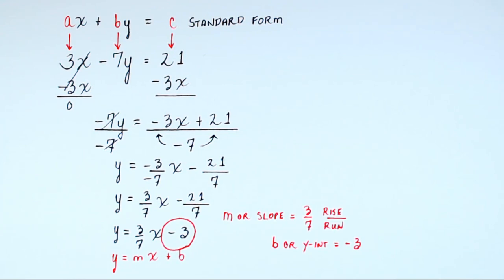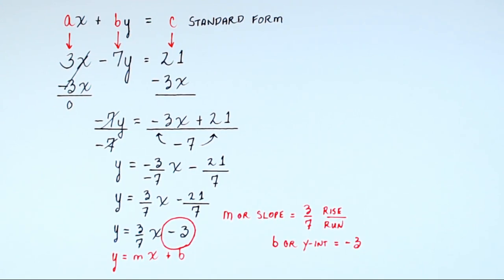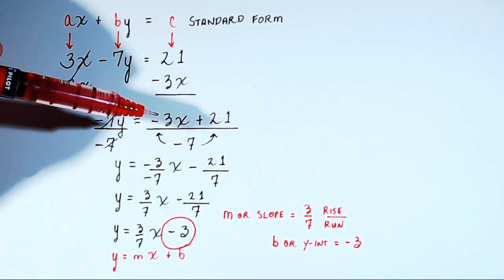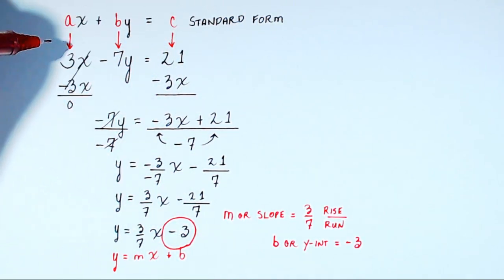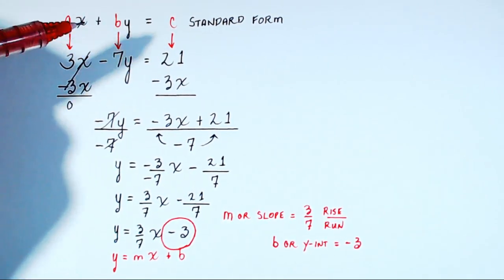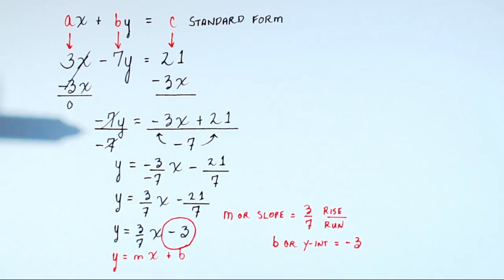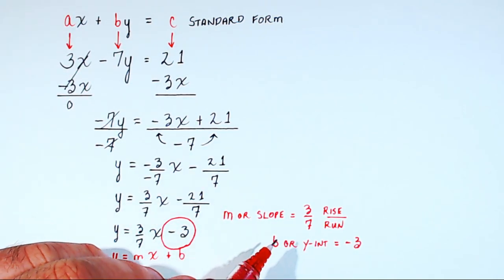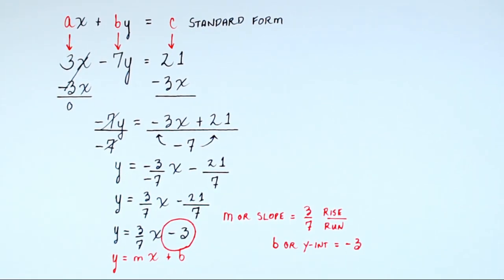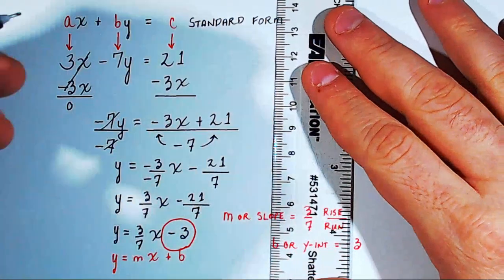What is an x-intercept? That is where the line formed by the equation crosses the x-axis, just like the y-intercept is where the line formed by the equation crosses the y-axis. Now, let's focus on this for just a minute, and you'll see the trick that can be employed. In order to find the y-intercept, you have to ask yourself, what is y when x is 0? Because if we were to actually graph this,